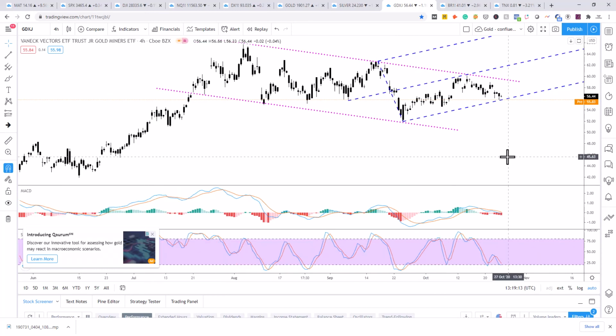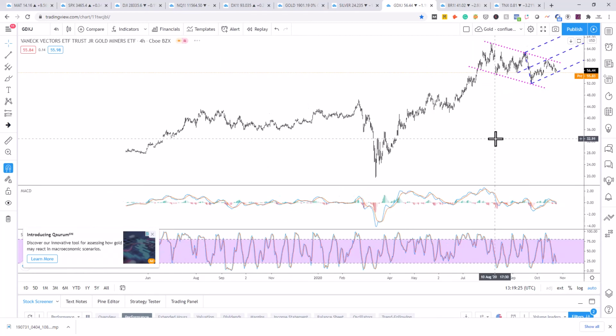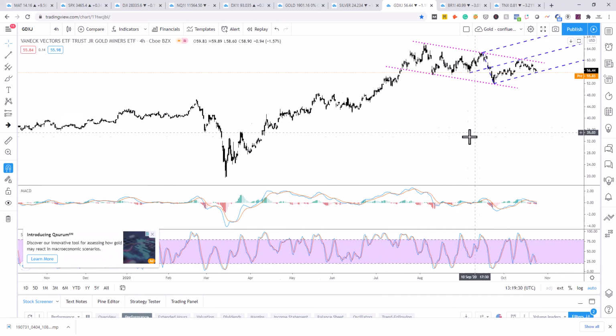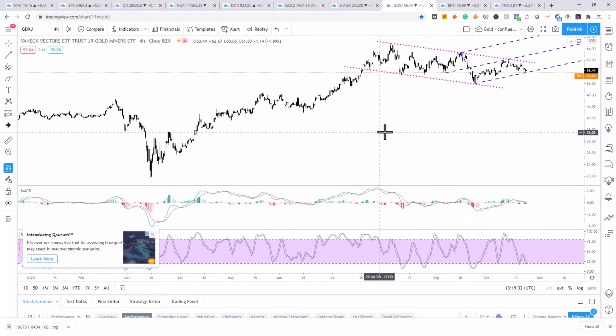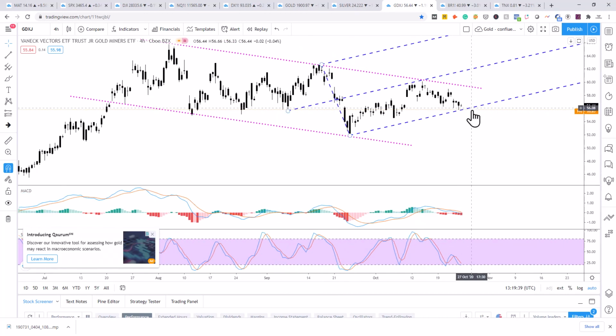And then the mining stocks, they're following gold and silver, meaning they're just kind of bumping sideways. They're in correction mode as well. Very overbought and working off that overboughtness from early August. We're sitting on a support level that I'd like to see hold, but without